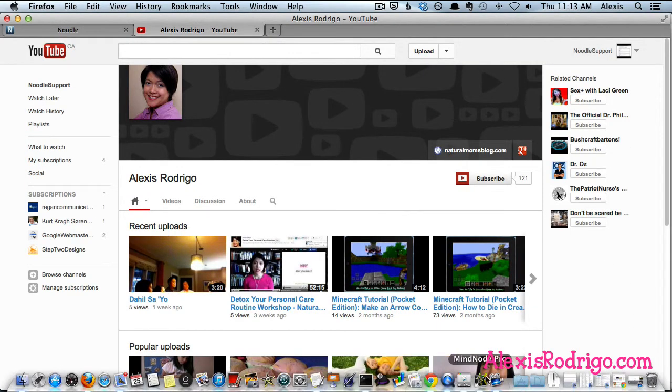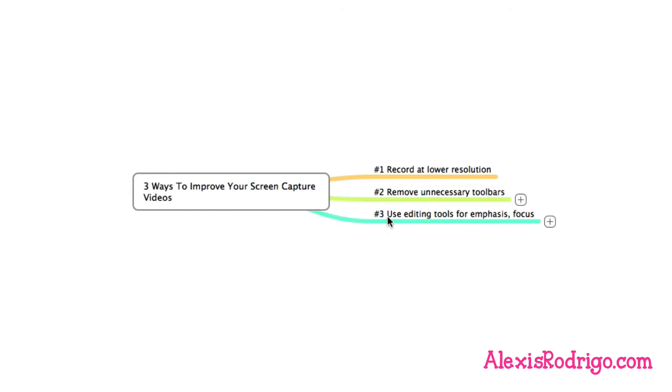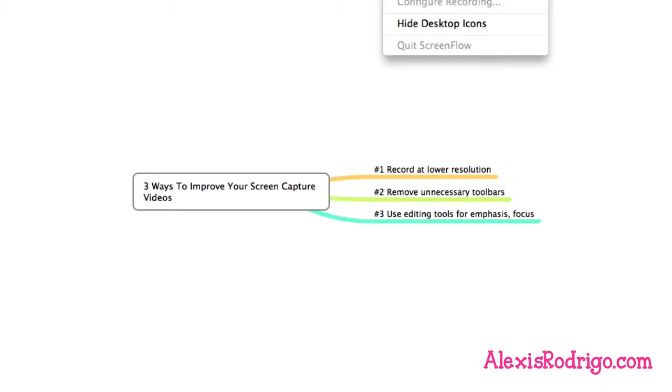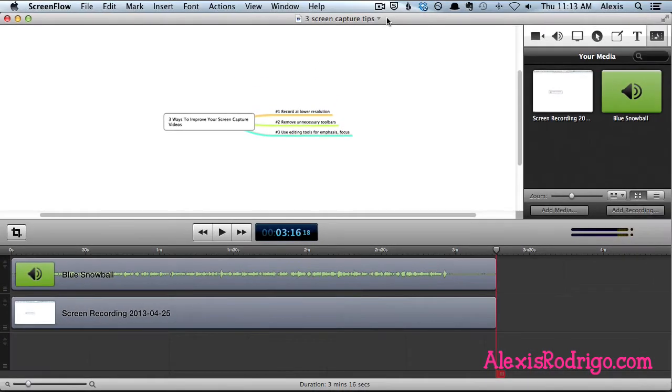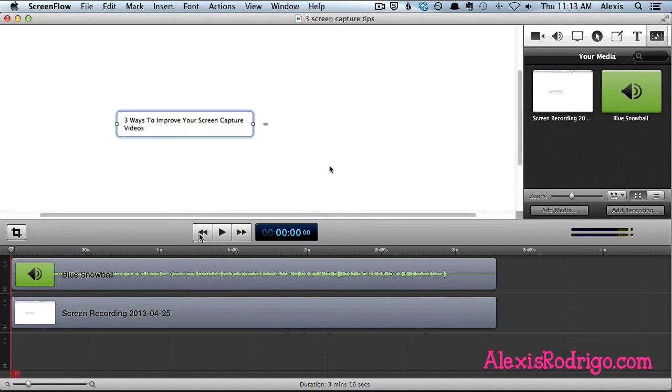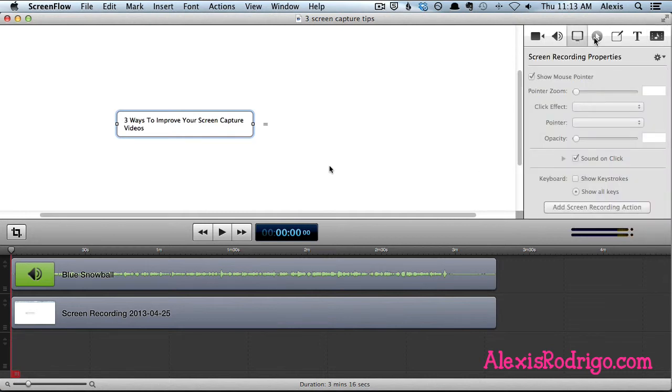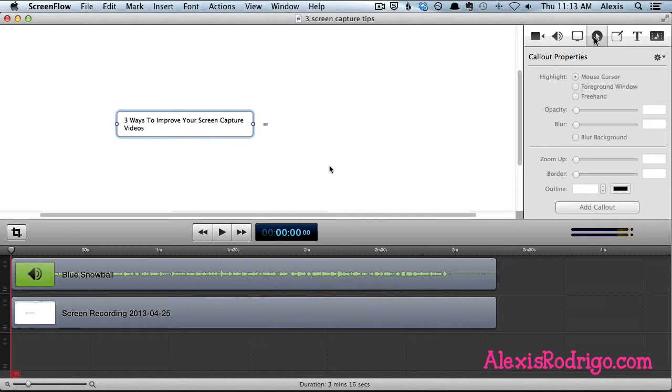All right, and so let's go to tip number 3, and that is to use your editing tools for emphasis and focus. So here we are in my ScreenFlow dashboard. ScreenFlow is what I use for my screen capture videos, and you might be using something else, but I'm pretty sure the other software available out there for screen capture will have similar features. So what you can do